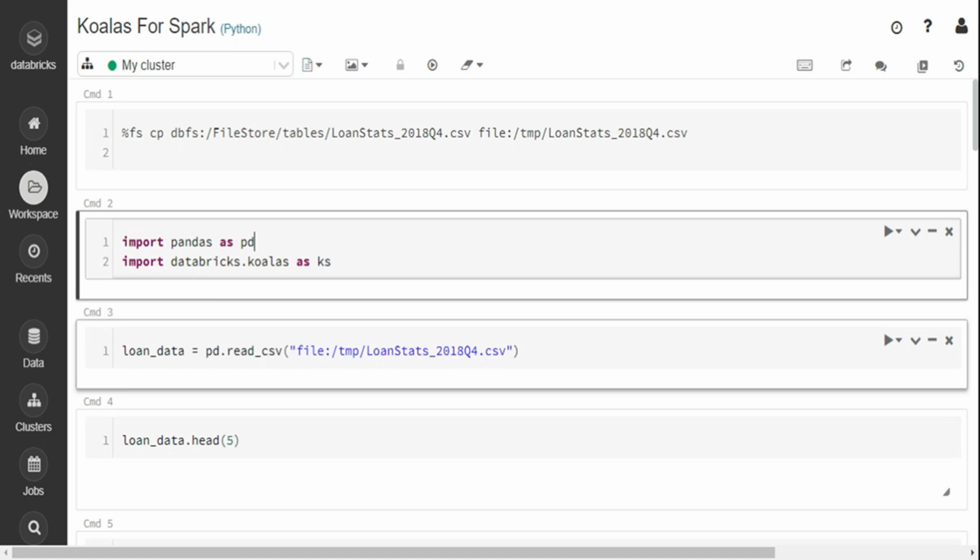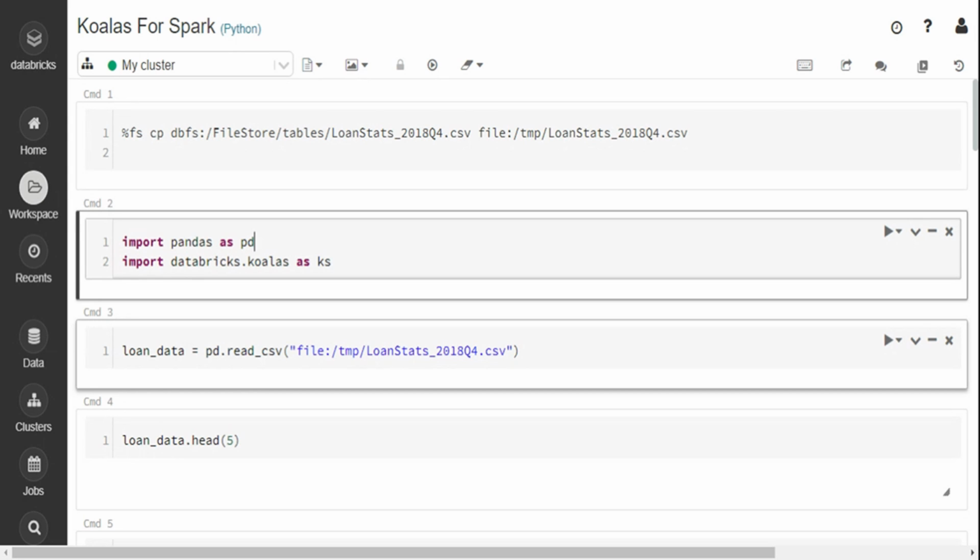The second part is that today data scientists who are pretty familiar with Pandas can get started quickly. But there are a lot of existing projects that are running in Pandas, and over time the data has grown to a limit that it can still not fit into a single node's memory, and you need a distributed processing system. So when you're converting that project from Pandas to PySpark in the old way, you have to rewrite the code to fit into Spark data frame syntaxes. But with this package, Koalas, you are simplifying the entire process. You can see how easy it is to move your job from Pandas to Koalas. The syntax is exactly the same. So let's get started with the code.